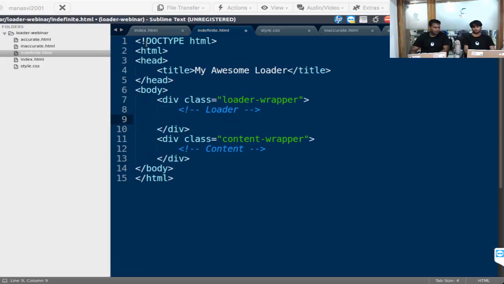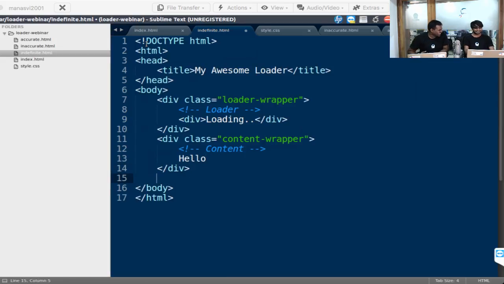Okay. So then you start putting whatever loader that you want to put here. Say I just want to say loading, just to keep it simple without any complicated CSS. And in the content, let's have hello. So basically, the loader is much bigger than the content. And then to make it a bit slow,